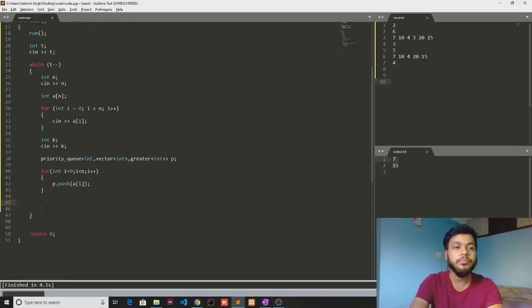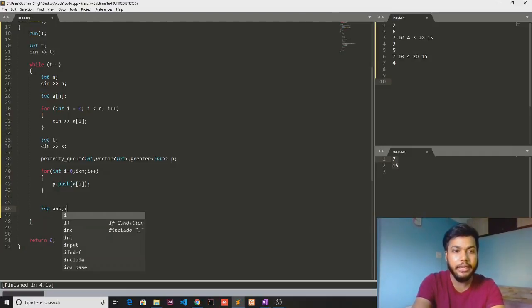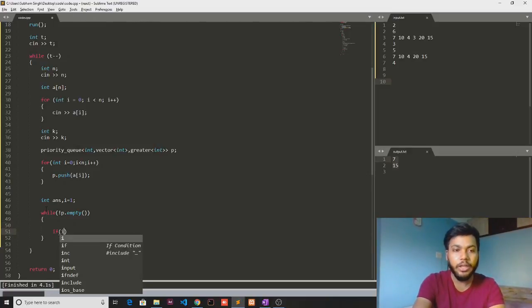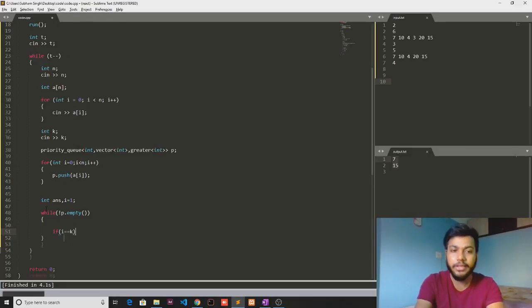Alright. After that, I'll take two more variables, one of which will be our answer variable, and I'll take an iterator i, initialized with 1. I'll loop it till the priority queue is not empty. All right. First of all, if i equal to k, answer will be the element at the top of the priority queue, and then I'll break from it.